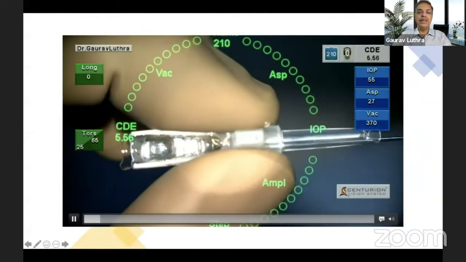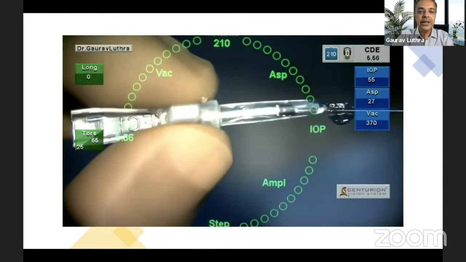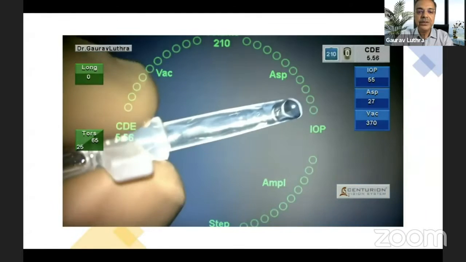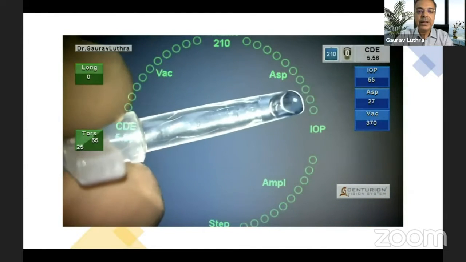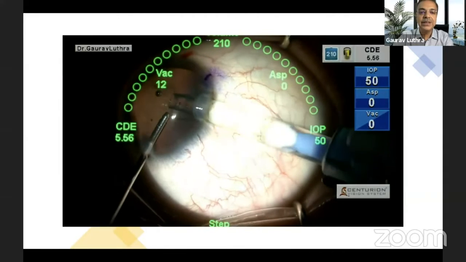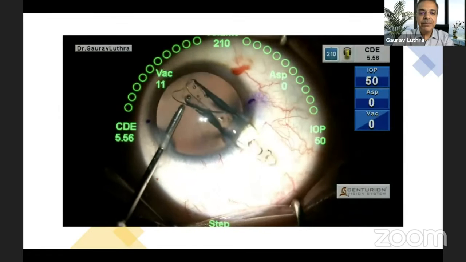First thing is that loading the ICL is very important so that you don't get a funny situation. Make sure that the 3 holes are aligned, pull it in straight, and watch it under the microscope that the 3 holes are all in one line. That way you're sure that at least the loading is good. It can still twist inside, and while you're injecting, you can still see whether those holes are right. So here, as I was injecting, the ICL got stuck.